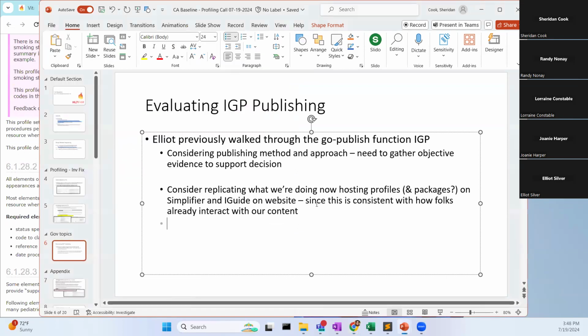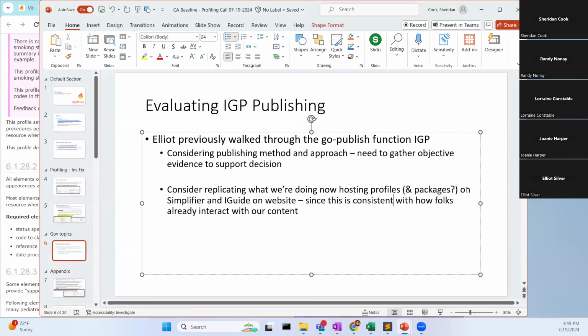So you make a good point, which is that folks have already built some behavior of, okay, I know that if I'm going to look at the guide, this is where I'm going to go look, versus the profiles, to try to minimize disruption. So that would be a pro to evaluate. I'm putting packages here because I actually don't know. I feel like this is an area we have to investigate. I don't know what this will mean if we will then also package through the Go Publish tooling and only package through the Go Publish tooling.